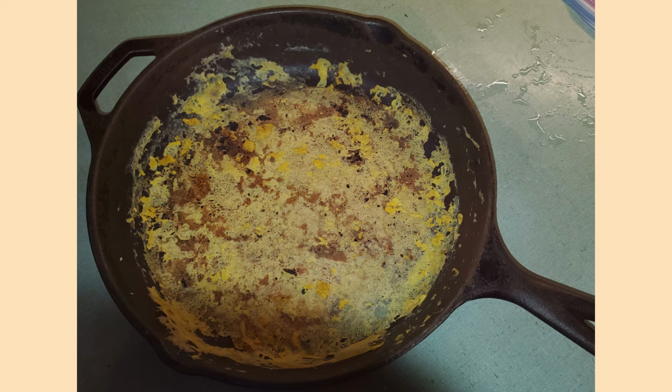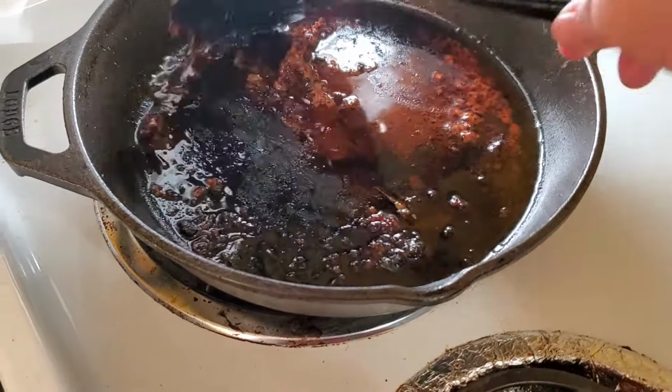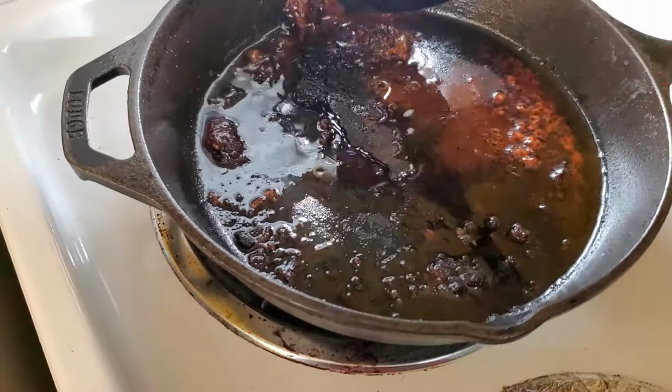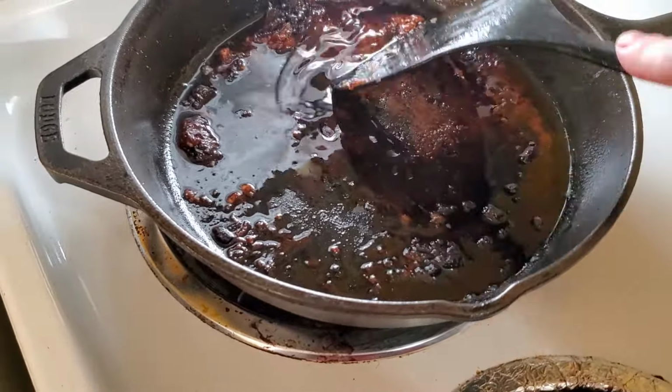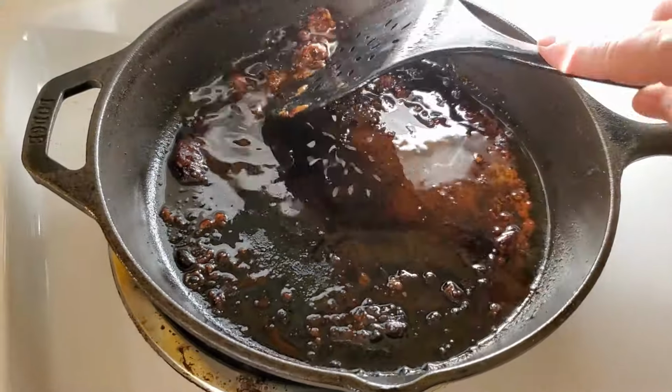Do you have a piece of cast iron that sticks to everything you cook in it? Have you done all the right things but still can't cook without needing a chisel to get the food out of the pan? Well, don't throw out that iron skillet just yet. Stay tuned because I'm going to show you how to remove that rough surface and make your cast iron nearly